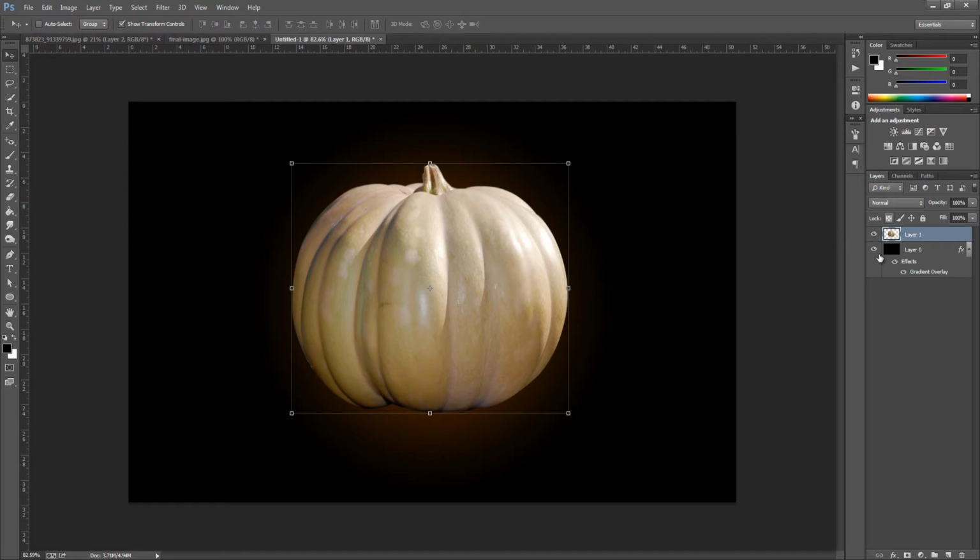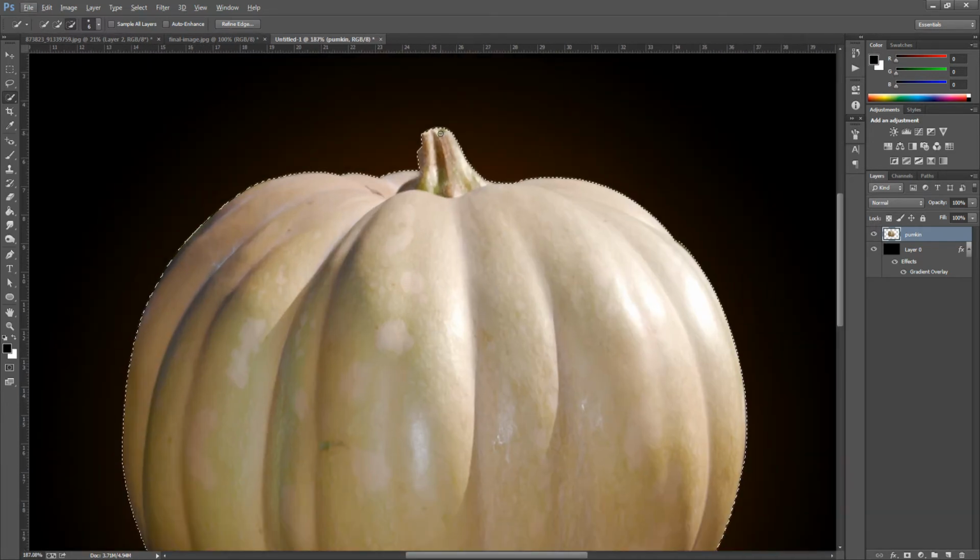So to do that, all we're going to do is we're going to go and hold down Control or Command if you have a Mac on your keyboard and select the icon of the pumpkin layer. We're going to go rename this layer, so you can double click the layer. It's called layer 1. You can just rename it to pumpkin, and there we go. And all we're going to do from here, we're going to go and click the quick selection tool. Make sure you've got the minus at the top, and you can keep for around about 6 for the brush size, and we're just going to go down, and it makes a fairly okay deselection of it.